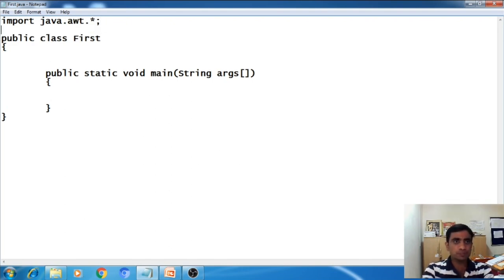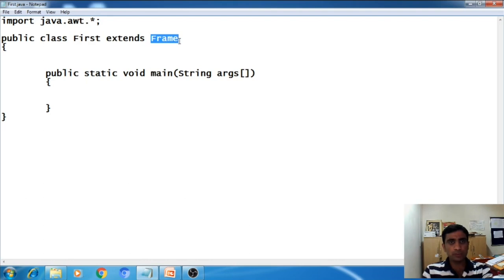Second step is what? You have to extend our user defined class, that is first, using frame class. Extends keyword. Now extends keyword will make our user defined class, that is first, a child class of the frame. This is a keyword for inheritance, frame class.